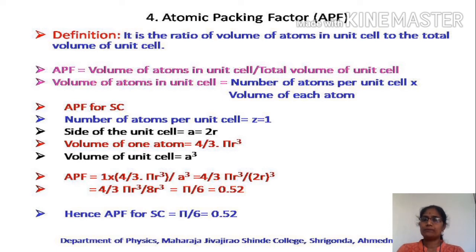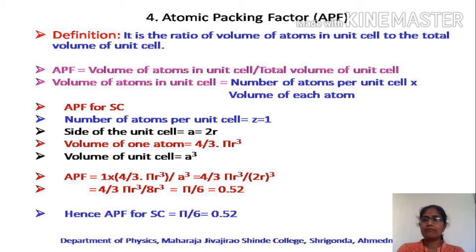Volume of unit cell. As we know that we have considered the cubic system, in case of cubic system all edges are the same. Therefore, the volume comes out as a into a into a, which is a cube. And this will remain the same for all SC, BCC and FCC crystals. Then, by substituting all these values in the above formula, one can get the atomic packing factor. Therefore, let's substitute all these values in the atomic packing factor formula.